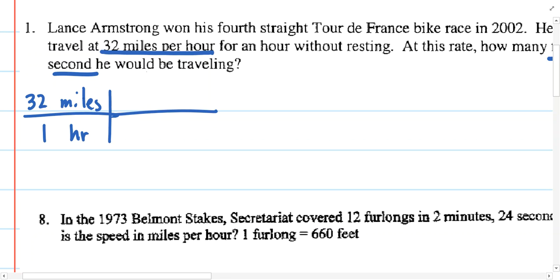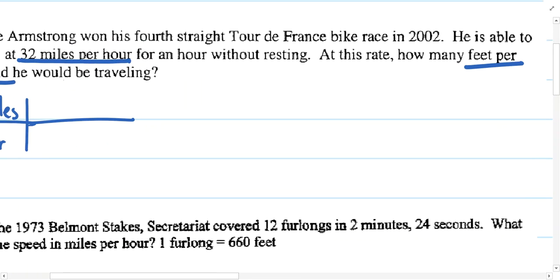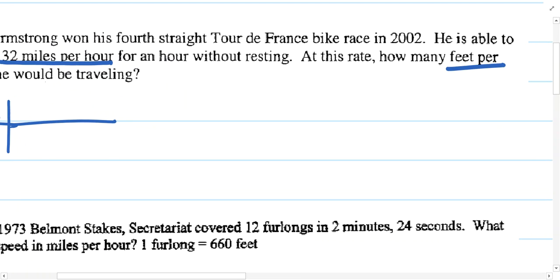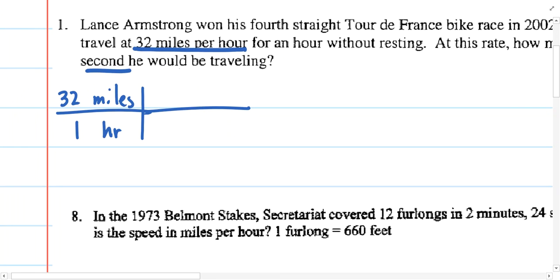Now, ultimately, I need to get miles into feet. So we've got a distance of miles, and I'd like to convert that into feet. That's actually not too hard to do because we've got a unit conversion that allows us to do that pretty easily. And in 1 mile, we have